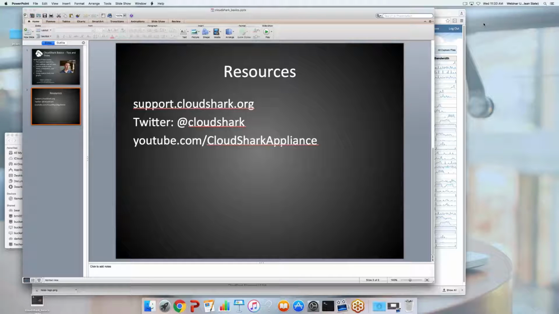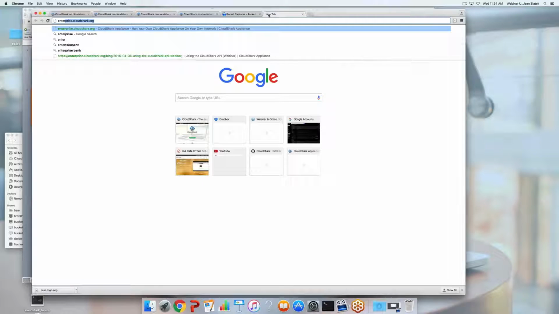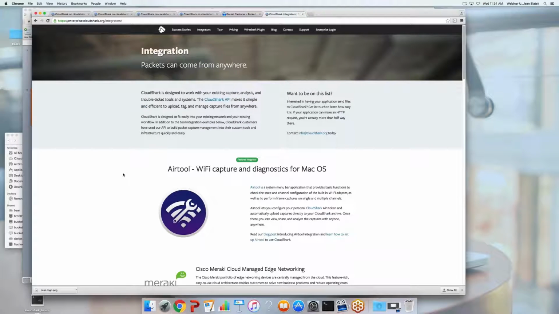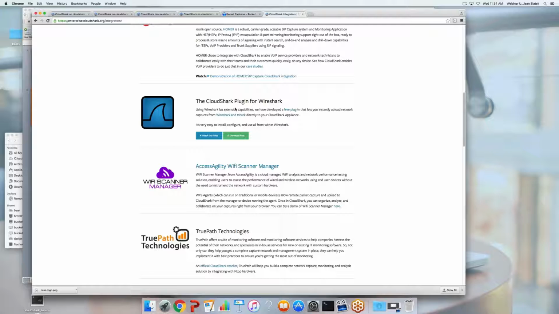Okay, so there is one question about how to start a capture. CloudShark doesn't run captures. It is meant as a repository and analysis tool for captures, but there are a great number of tools that you can use to start remote captures to get them into CloudShark. And if you're looking for remote things specifically, one of the things you can do is use our